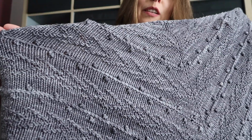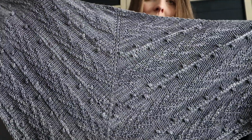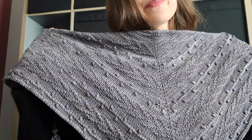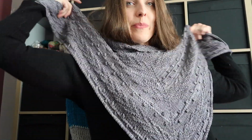So cute. As you can see in person, you will see it even better. It's very hard to show on the photos or on the camera the texture on the darker yarns, but in person you could definitely see it, and especially during the evening time. As you could see, the light is just...